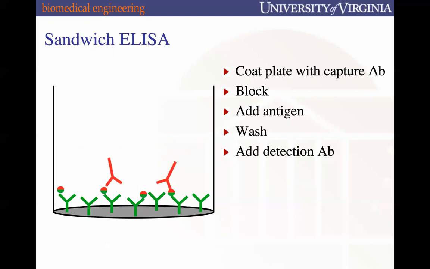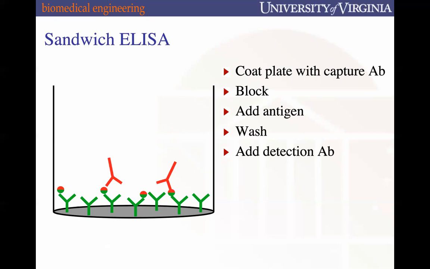detection antibody. So this part is really important. So the capture antibody, the first thing that was added, that will typically be a monoclonal antibody that binds to a specific part of the antigen. Detection antibody, that will be a polyclonal, that means it can bind to any part of it. Because if you have